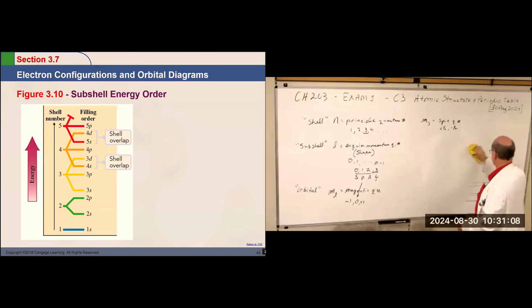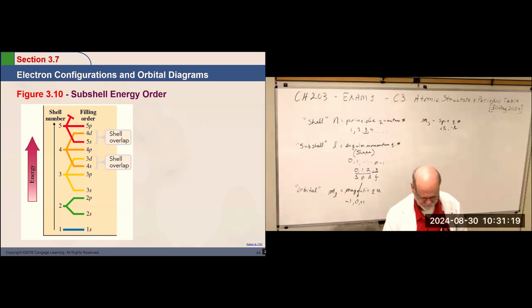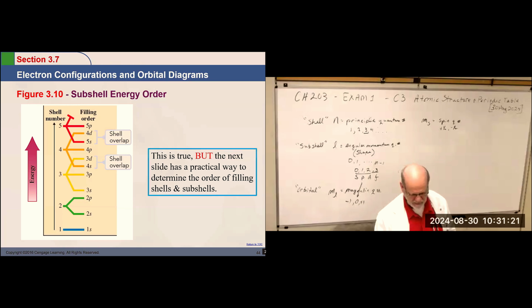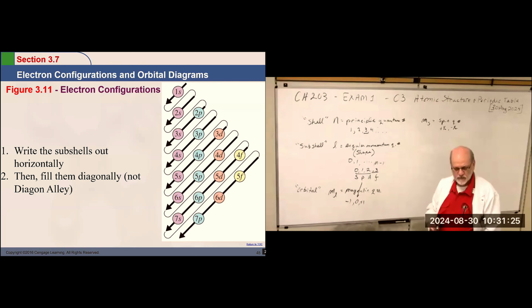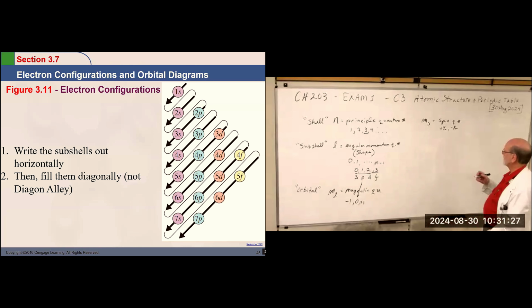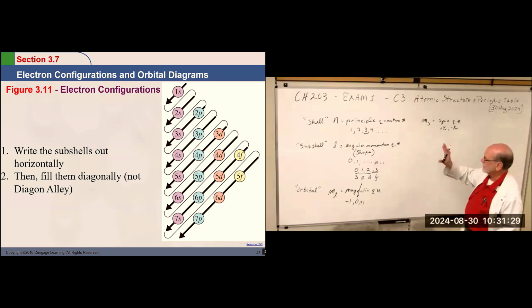Because if this stuff is, well, of course it's new to you. And it's probably got you cross-eyed already. This energy order, the easiest way to do it, the longhand way, is to think about,